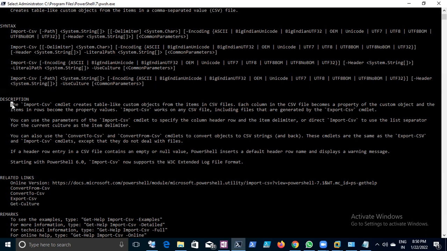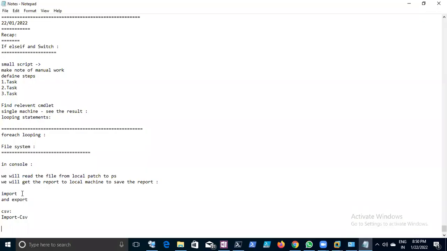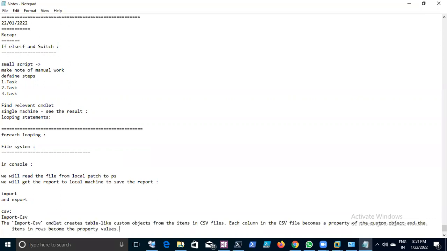Now this definition, I will take it. I'll copy this. Import-Csv is a commandlet that creates a table-like custom object from the items in the CSV file. Each column in the CSV file becomes a property of the